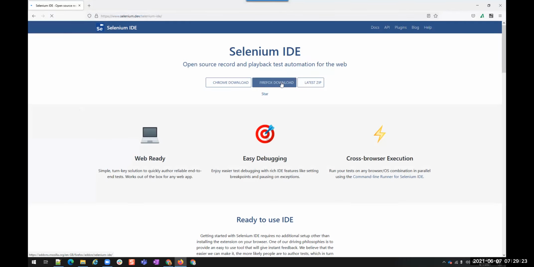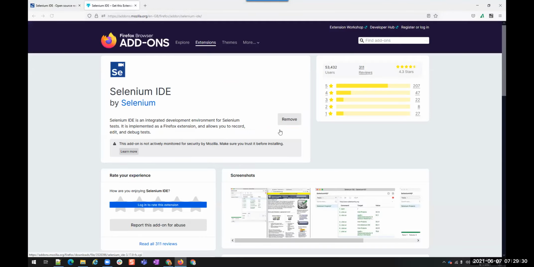If I click on Firefox download, since it is already installed, you will see remove from Firefox. But if you haven't installed Selenium, you will see add to Firefox. So you can install this and you can start automating applications using record and playback.